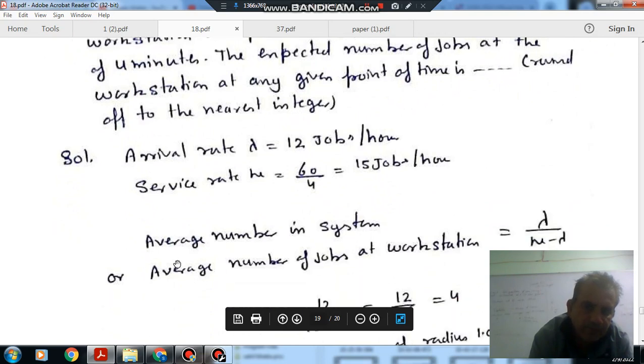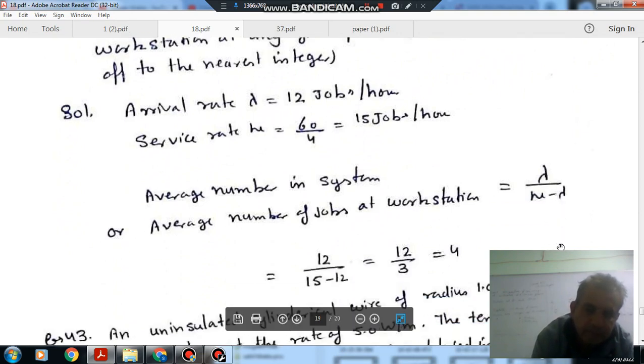So the average number in the system, or the average number of jobs at the workstation, is given by this formula, lambda by mu minus lambda. Lambda is 12 and mu is 15. Putting values you can get 4. Average number of jobs at the workstation is